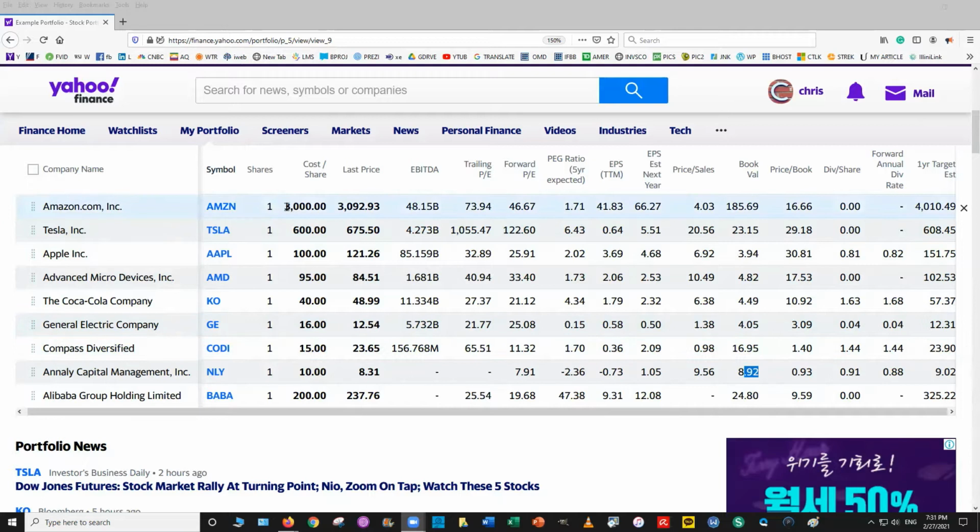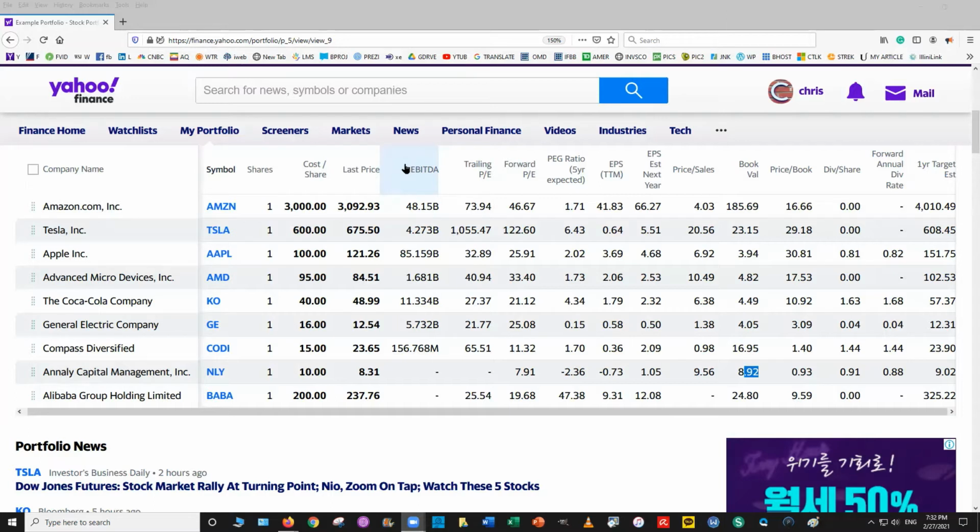Basically, you could buy one share at 3,000. Right now, it's at $3,092. So, woohoo! You made a whole $92 for every one share you bought if you bought it at 3,000. But what we're going to do now is we're going to look way over here at a bunch of ideas and acronyms and names of things that we're going to look at.